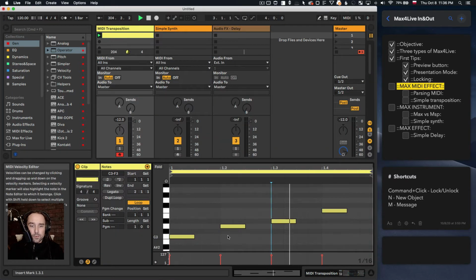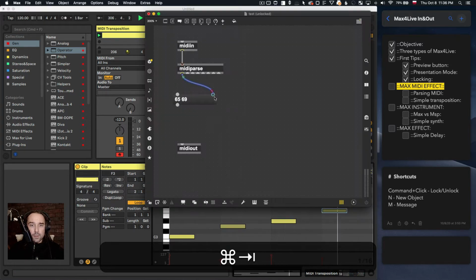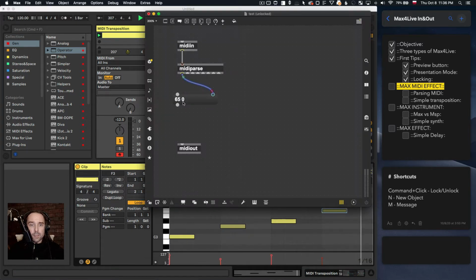And to show you how it works, I'm going to change those velocities. And you can see different values here, right? So 60 is C, 62 is D, 63 is E flat, and 65 is F. Now, the next step